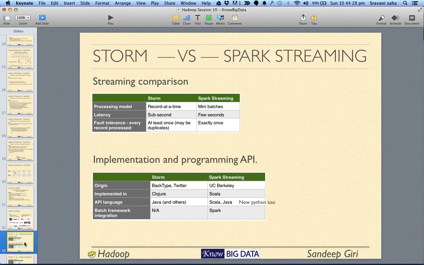If you cannot tolerate a latency of a second, then you should go for Storm. If it is okay to be delayed by a second, then Spark streaming is good.